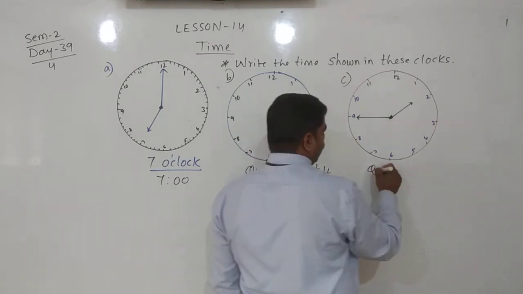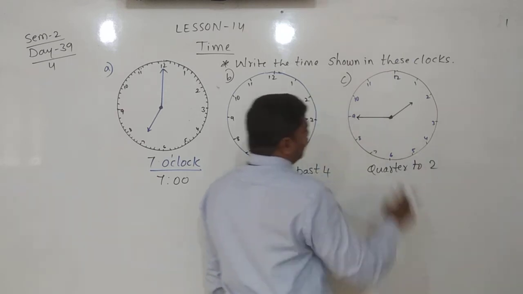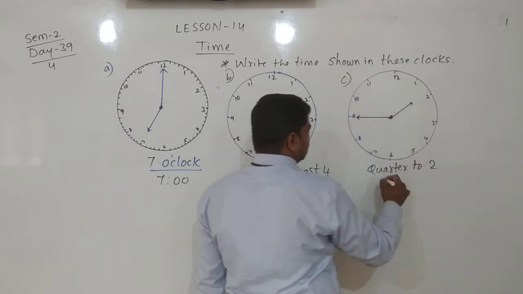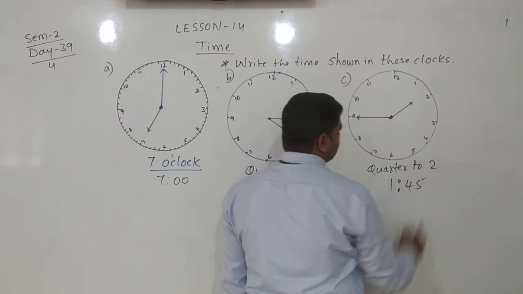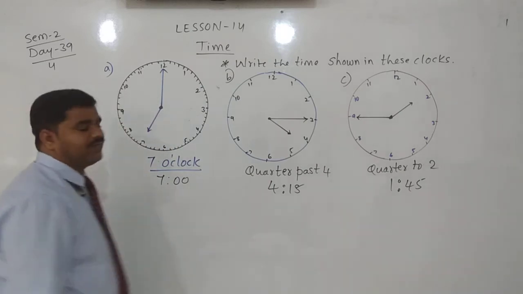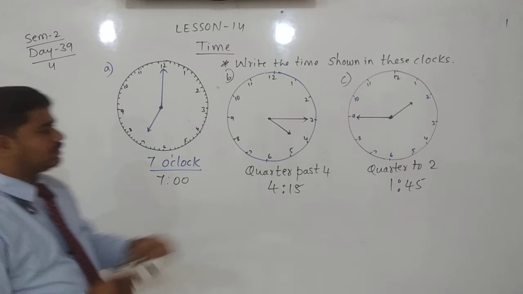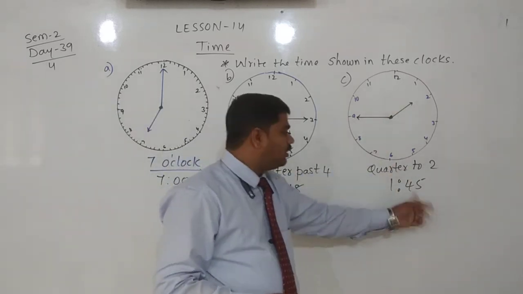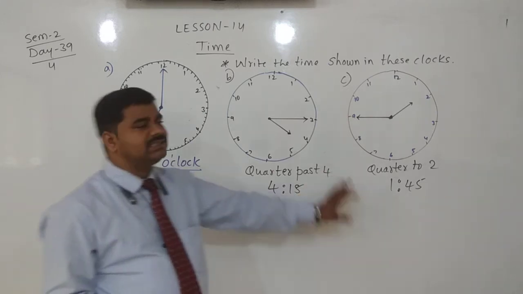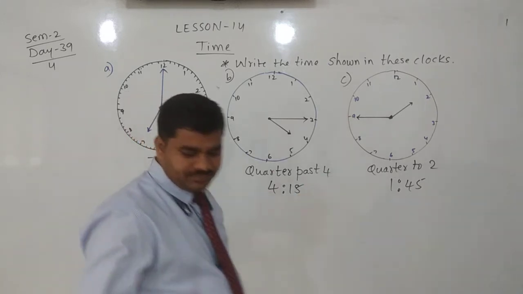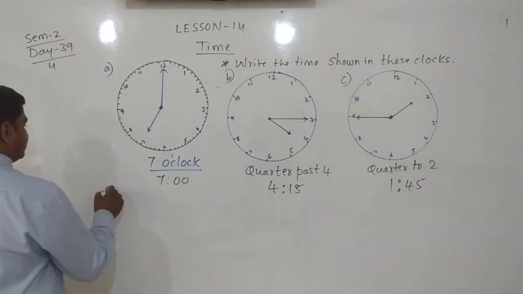Then write, quarter to 2 means what? How many minutes? 45 minutes have passed from here to here after 1. Then we can read it as 45 minutes past 1, or quarter to 2. Quarter to become 2 o'clock, a quarter of an hour, 15 minutes, is required. And next one more clock, D. Very simple, these clocks.